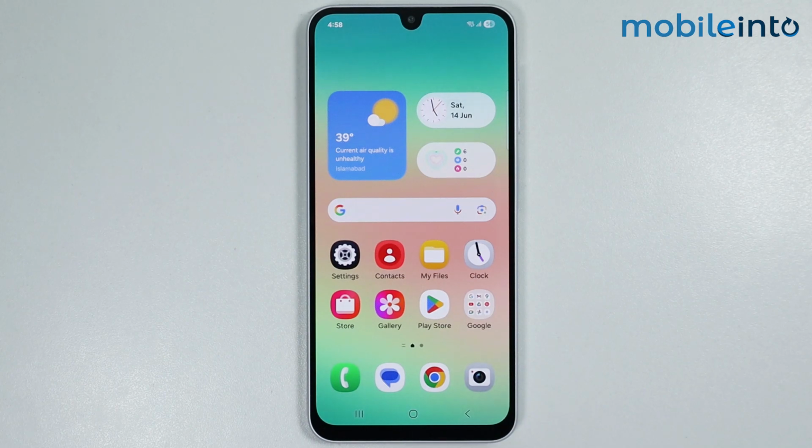Hey, what's up guys? So in this video, we will see how to move mobile contacts to Gmail account on